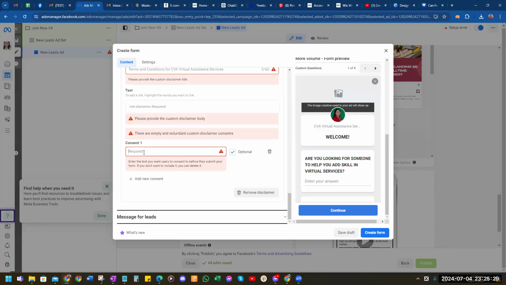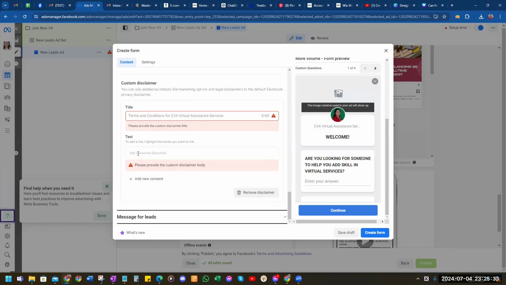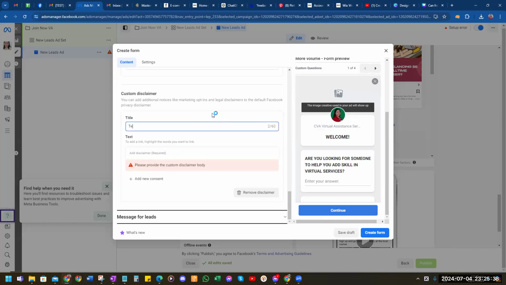Consent one. Okay. Terms and conditions for CVA virtual assistance services. Okay.